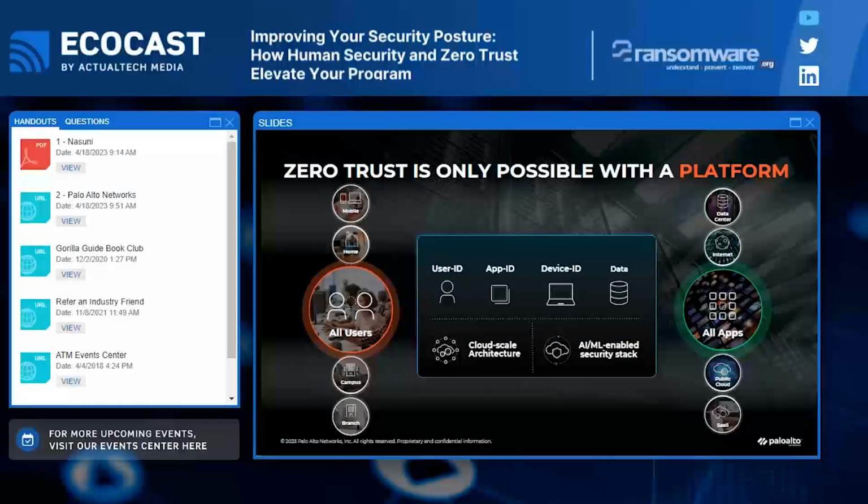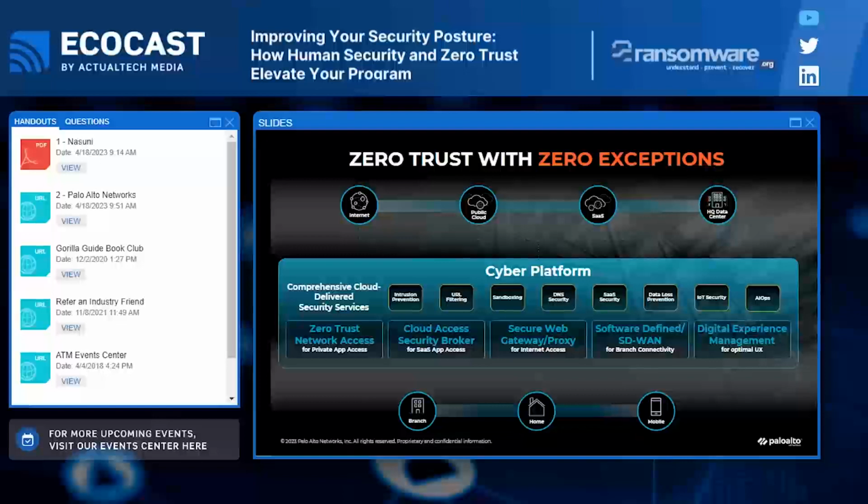We've built perhaps one of the most robust policy engines around a cybersecurity platform that is ubiquitous and consistent, whether you're a user on-prem, whether you're a user at a remote location or a branch office, or whether you're a remote user working from a home office, a coffee shop, a hotel room, wherever. It has a consistent set of services delivered from the cloud.